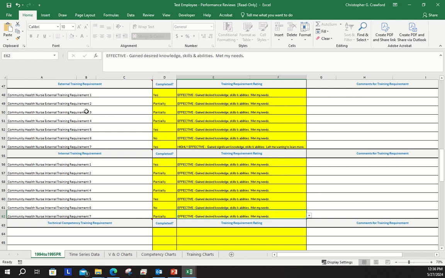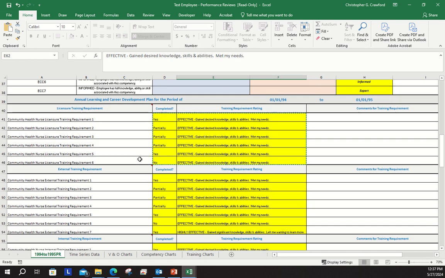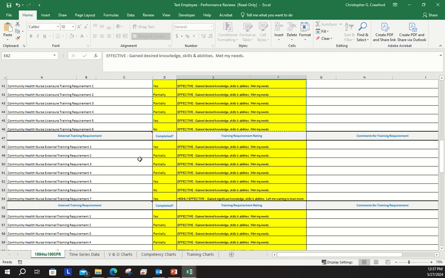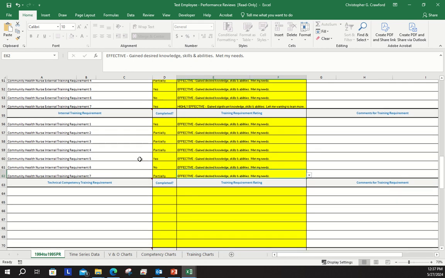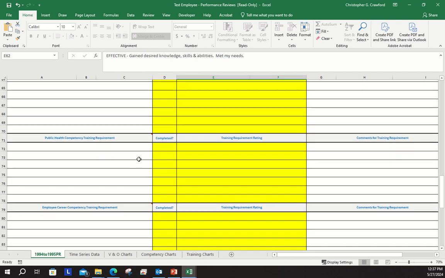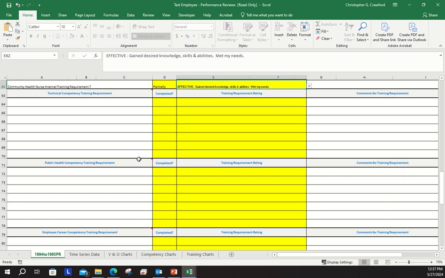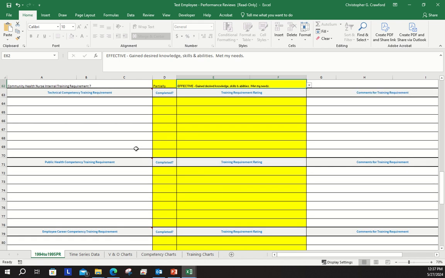These are all going to have to be decided upon and put in here. So these first three sections are position specific: licensure training, external training, and internal training. The next three sections are competency dependent, right? So the idea here is at your last performance review, maybe you didn't do good on some of